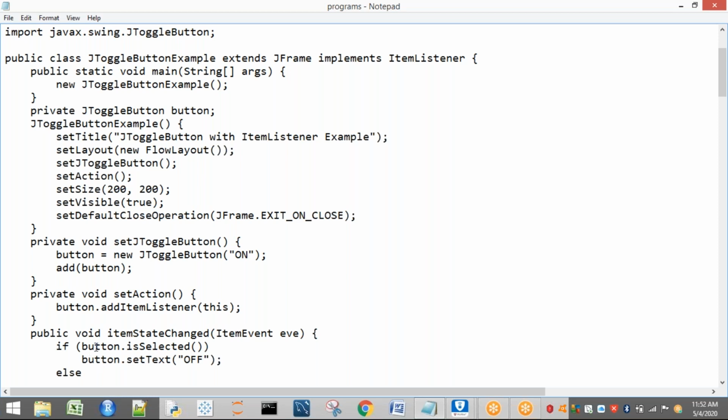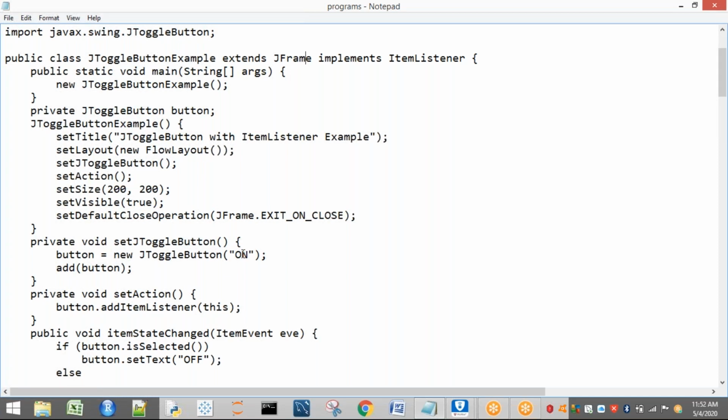Now whenever we press on that button, internally we come to this item state changed, and we check if the button is selected. That means if the button is selected, then the button is set to off. Sir, initially it has to be in on state. So when I create it, it is set as on.